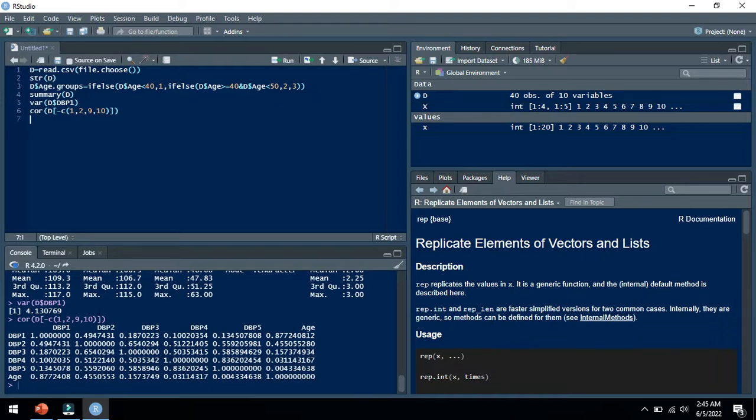So this is the correlation matrix, and you can find other summary statistics using different functions. For example, mean, median, mode, and standard deviation, and other built-in functions. So I don't want to go into detail about that. Now